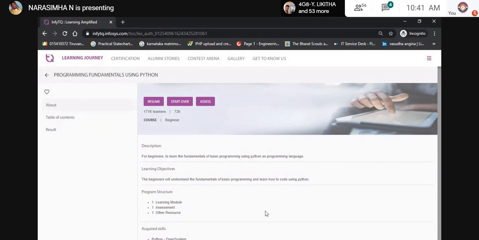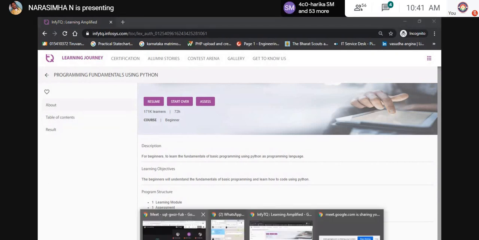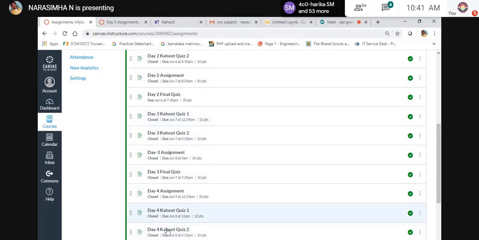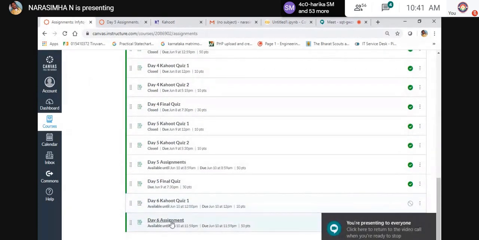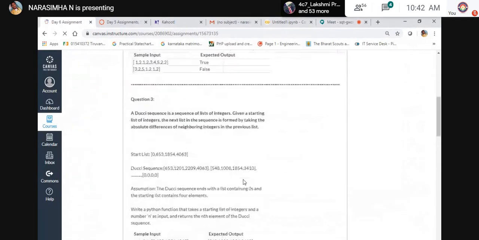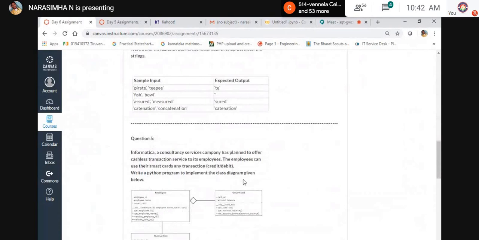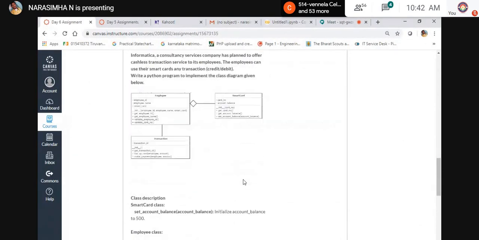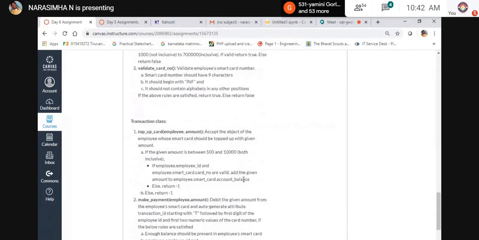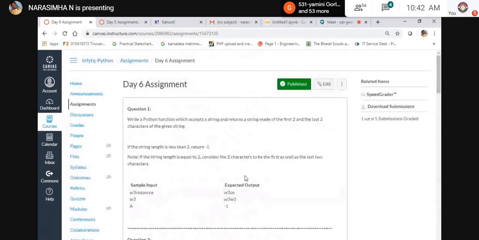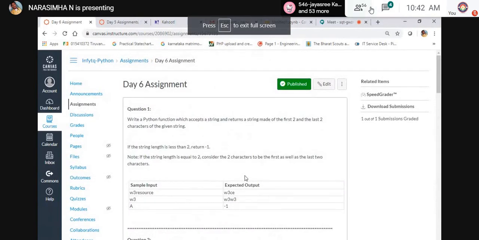I have given 5 questions: 4 questions from fundamentals and 1 question from object oriented. Before tonight you have to submit it, and Kahoot quiz 1 will activate within 15 minutes.